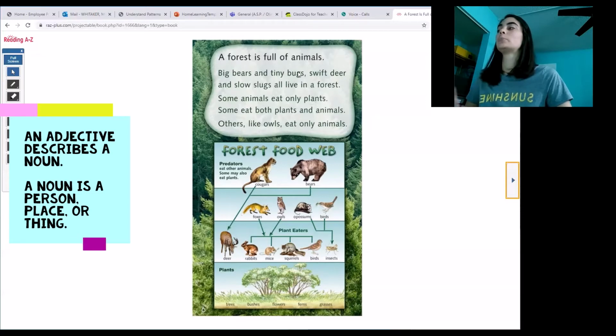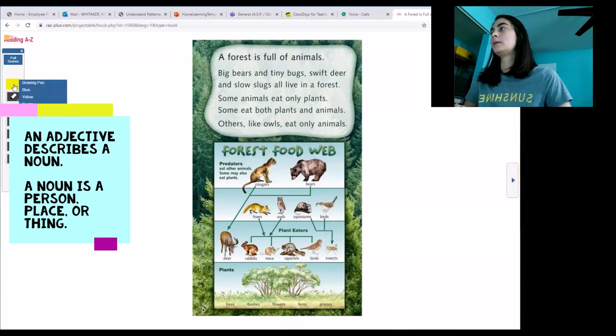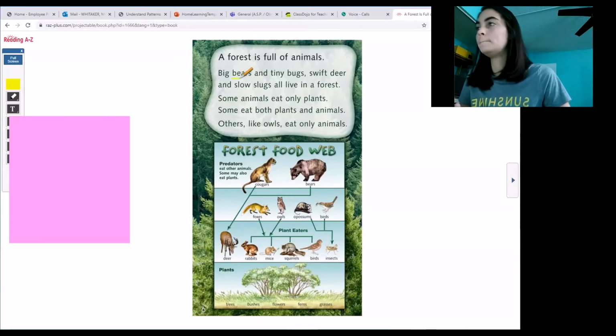So we know a noun is a person, a place, or a thing. So an animal is a noun. It's not a person. It's not really a thing. It's not an object, but it is a noun. So we are going to underline the noun, and we're going to highlight the adjective that describes it. I'm going to get my pencil tool. I'm going to pick yellow. I'm going to stay with yellow. So my noun, bears,